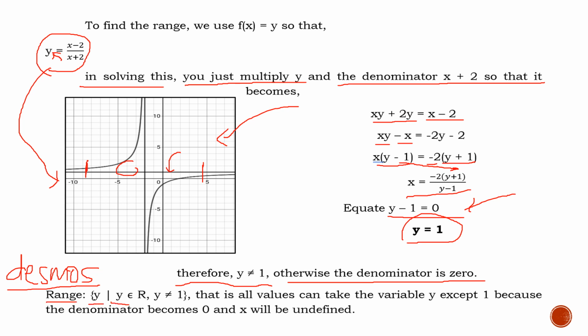is an element of all real numbers except negative 1. So we can put negative numbers, 0, and positive numbers, but except positive 1. Because positive 1, as a value of your function, makes the denominator 0. That is, y can take all values except 1 because the denominator becomes 0 and x will be